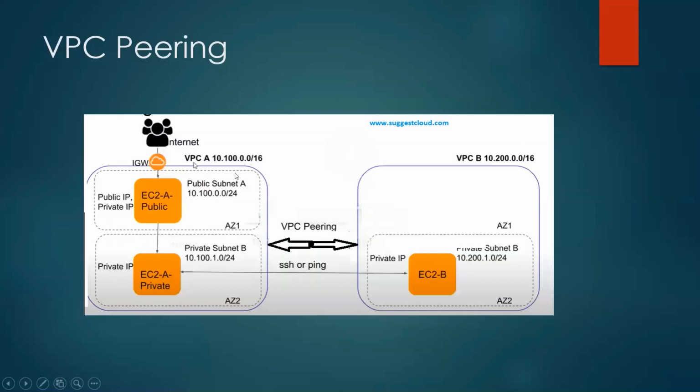Now, what we have done so far is we have created VPC-A with the CIDR block. We have created two subnets. One is publicly accessible and the second is private, which means we cannot access any EC2 instance with this private IP directly. We have to go through the public subnet, the public instance. We have launched one EC2 instance in each subnet. So let's go ahead and access the server.